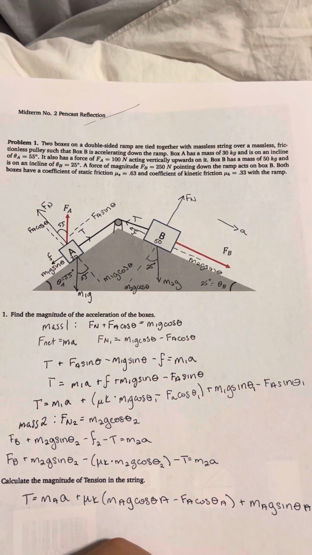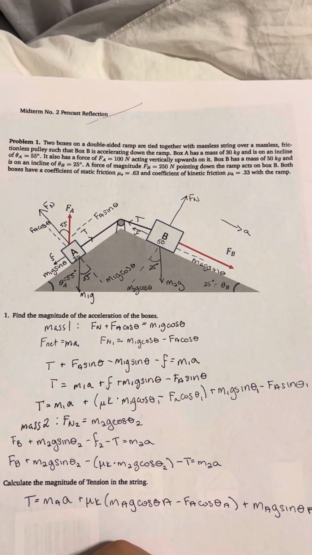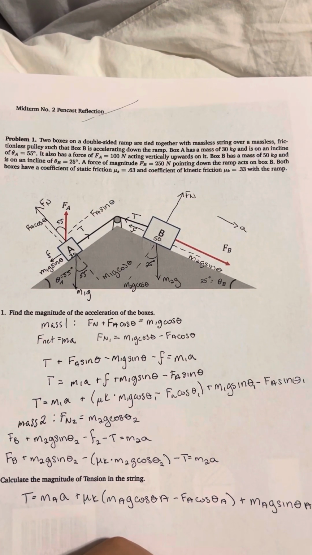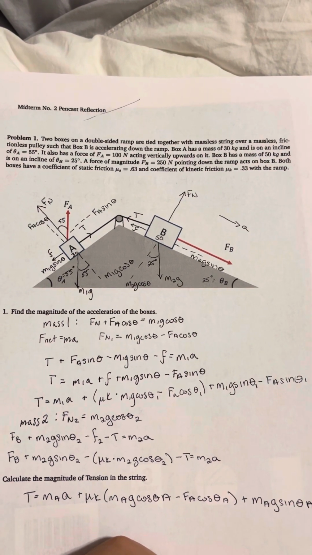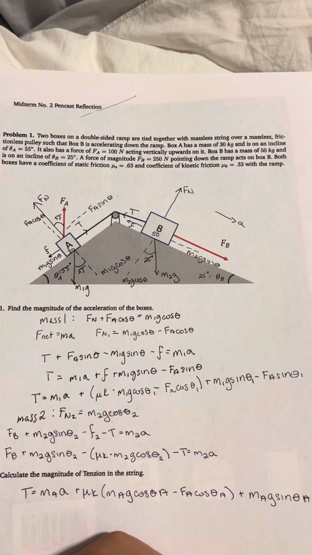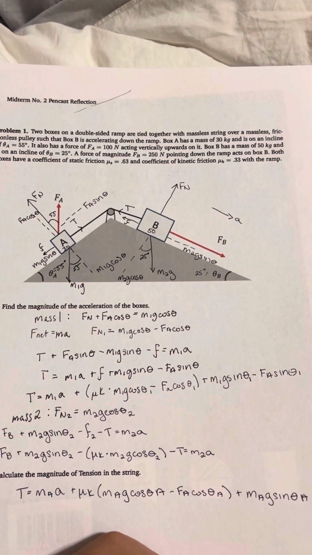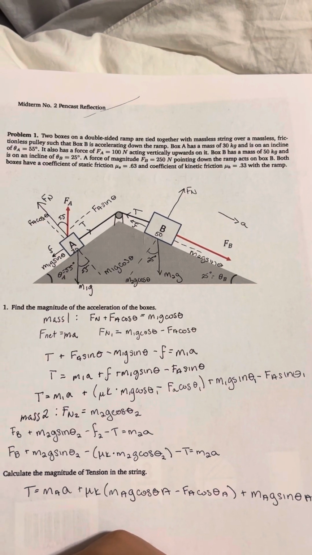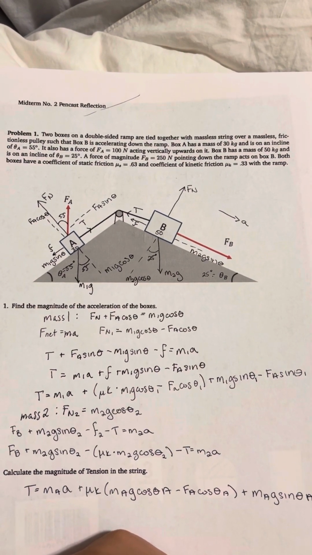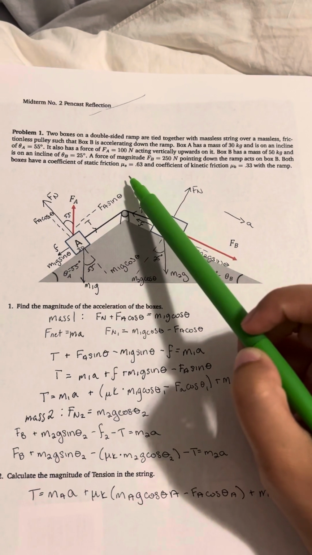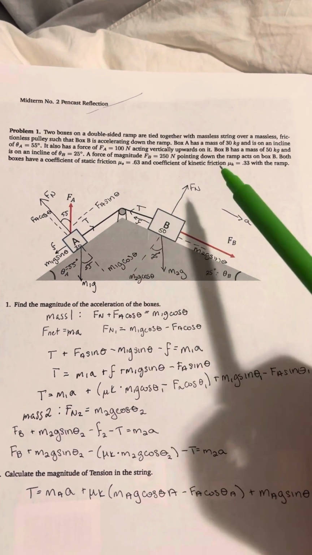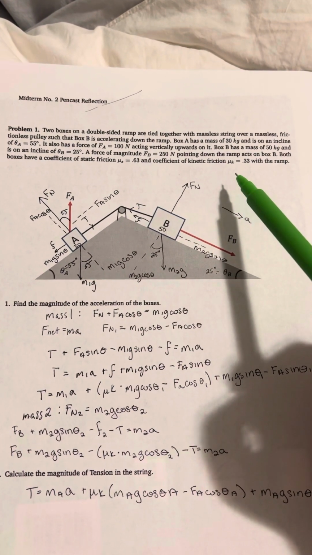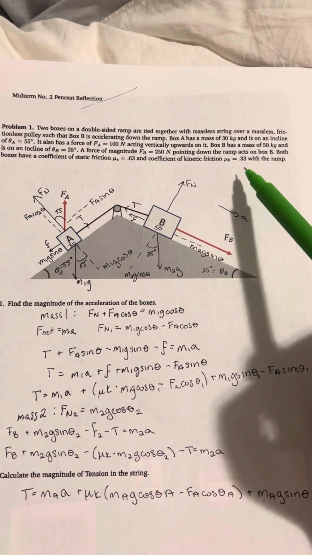Box B has a mass of 50 kilograms and is on an incline of theta B equals 25 degrees. A force of magnitude Fb equals 250 newtons pointing down the ramp acts on box B. Both boxes have a coefficient of static friction, mu s, equals 0.63, and coefficient of kinetic friction, mu k, equals